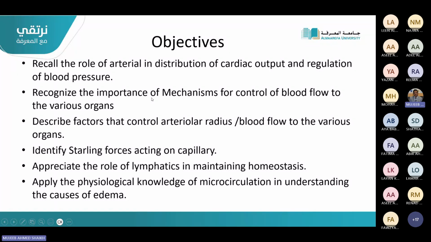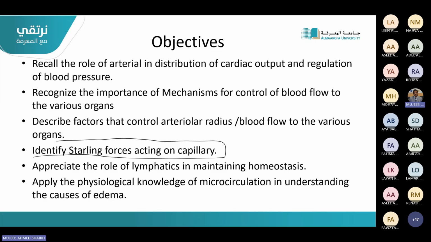Recognize the importance of mechanisms of control of blood flow in various organs. What are the mechanisms which are controlling the blood flow? What are the factors which are regulating the size or the radius of the arterioles? Most important, the important points which you have to understand in this lecture are these: